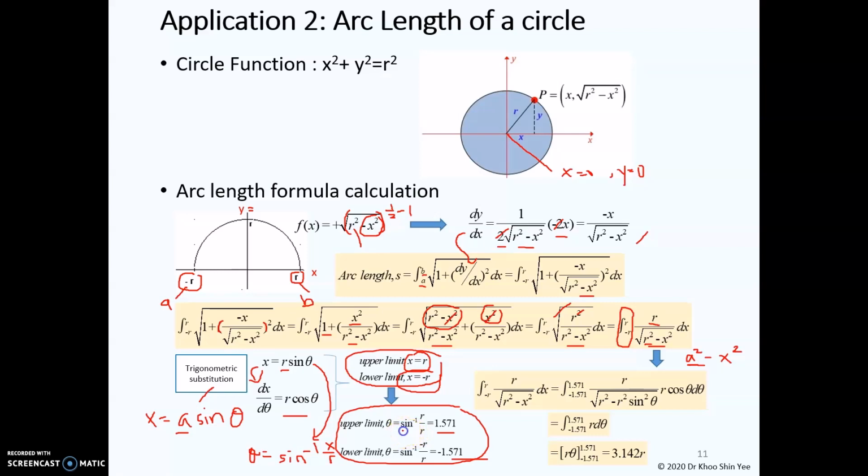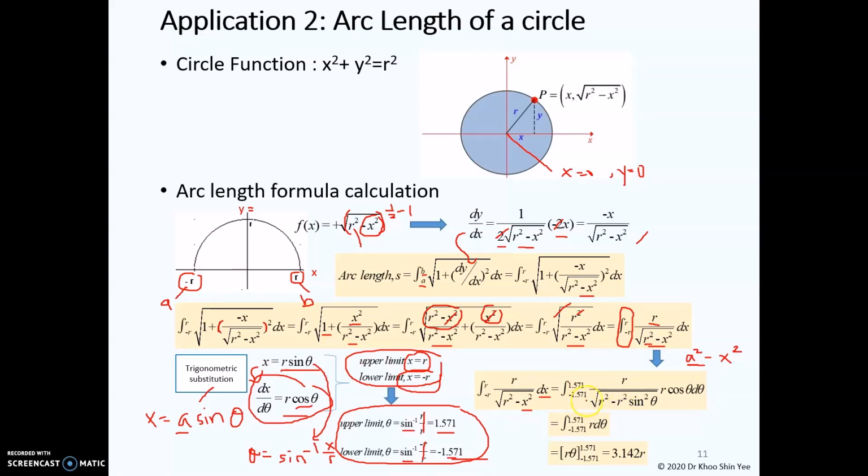By using a calculator, arcsine 1 gives you 1.571, and arcsine negative 1 here gives you negative 1.571. So you can replace this to the upper and lower limit, and you can replace the dx from here to be r cos angle d angle here, and then x here you can substitute the r sine angle to obtain